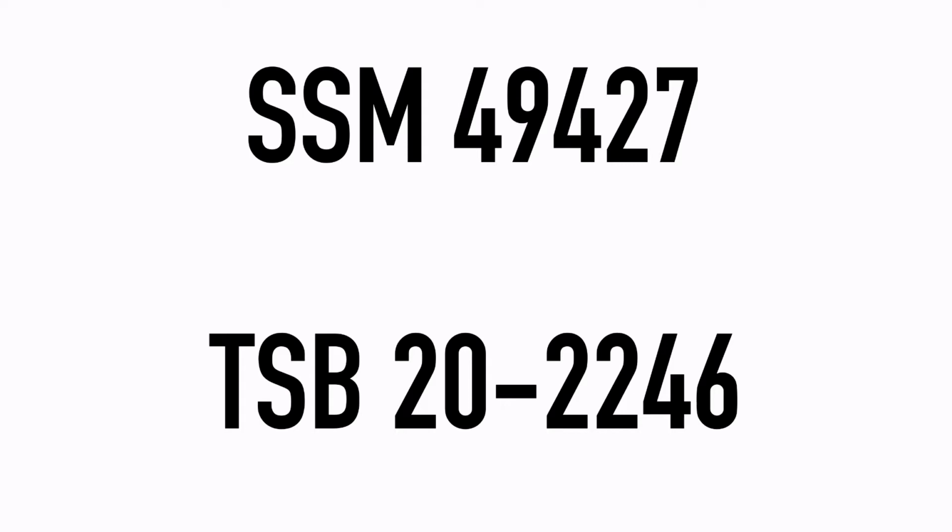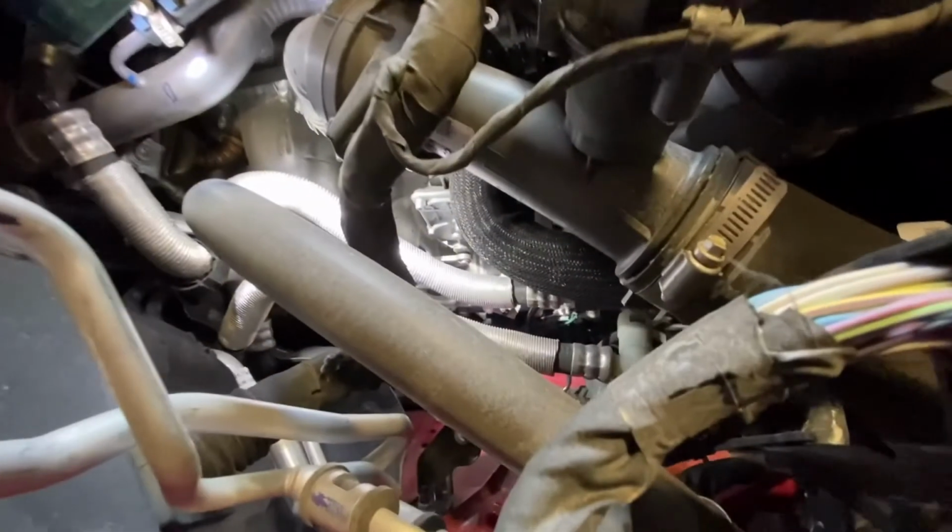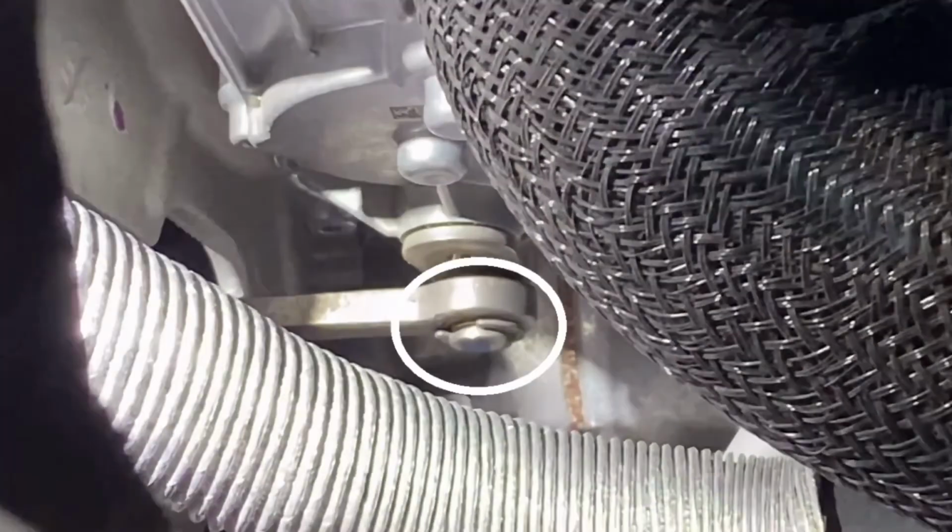The special service message, 49427, was for the actuator clip coming off of the wastegate linkage, and the wastegate linkage actually coming off and causing this P0299 or other boost related codes to set in memory. Inspection of the wastegate actuator and the linkage and the clip, it all looked fine. The clip was still in place. Everything was good with that. The TSB